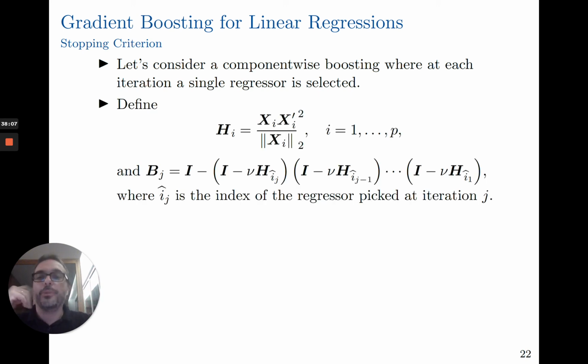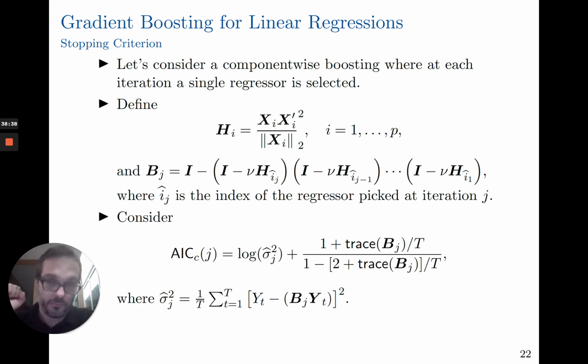If we define a matrix H, for each covariate, as x_j x_j prime, divided by the L2 norm of x_j squared, and we define b_j as this expression that looks ugly, we can define a modified information criterion for the j variable,